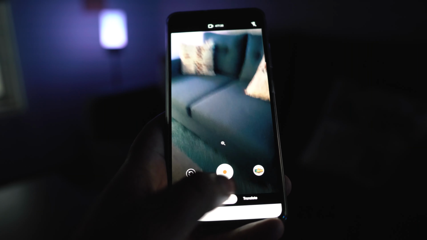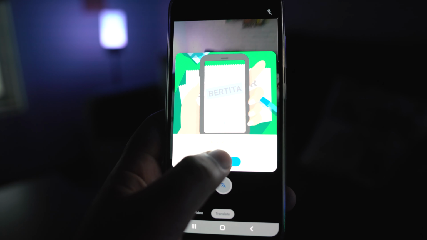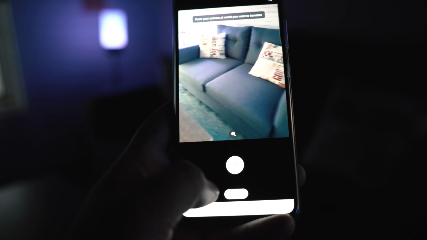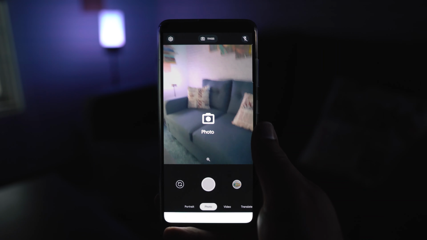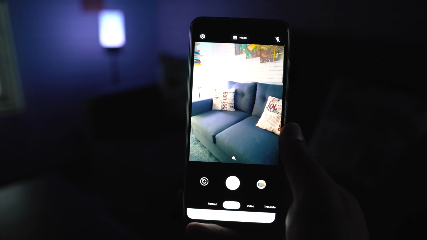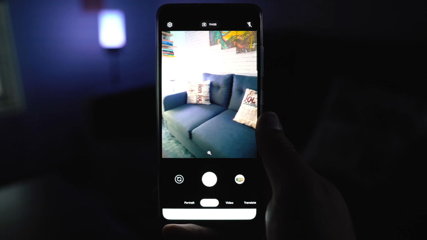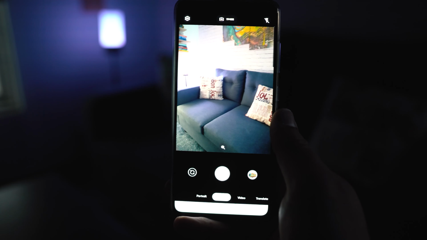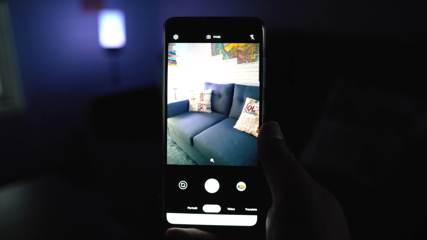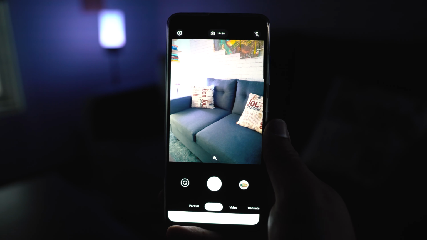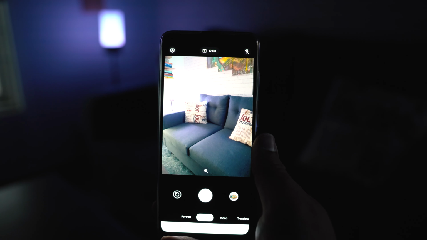No ultra wide camera support here. This is a Go version of the application, so I don't believe that you are supposed to expect anything magical here. Another thing that I would like to tell you guys is that the photo resolution for the rear camera is capped at 12 megapixels. It captures pictures of 4000 by 3000 pixels only, and the resolution for the front camera is capped at 5 megapixels only. So make sure that you keep all these things in your mind when you are going to get the Google Camera Go for the Samsung Galaxy A51. This is just to tell you all that so you do not raise your expectations.